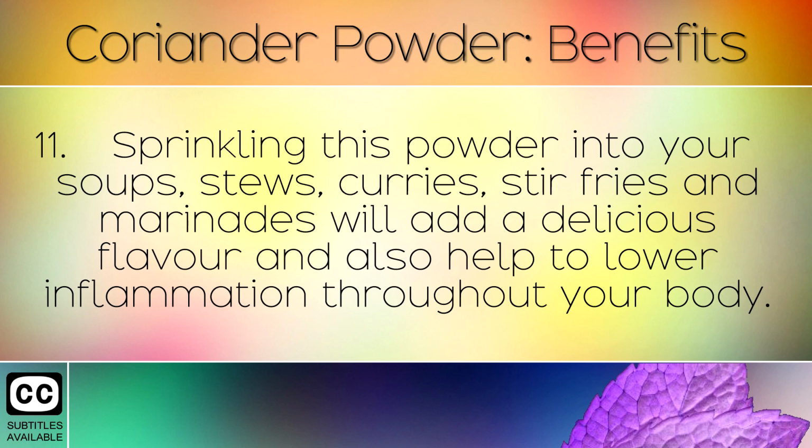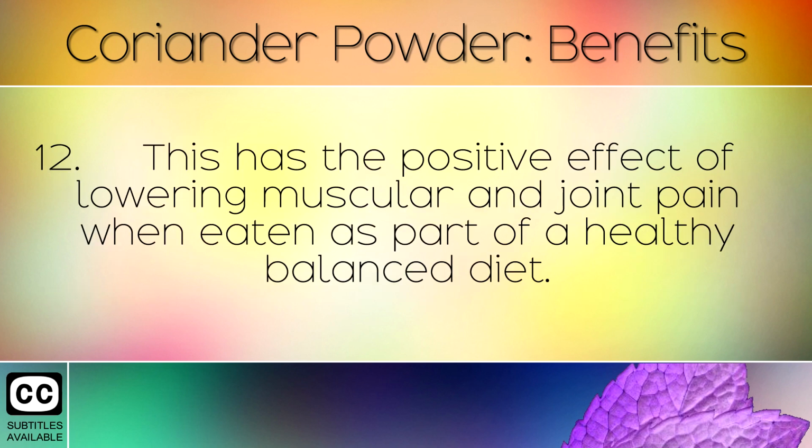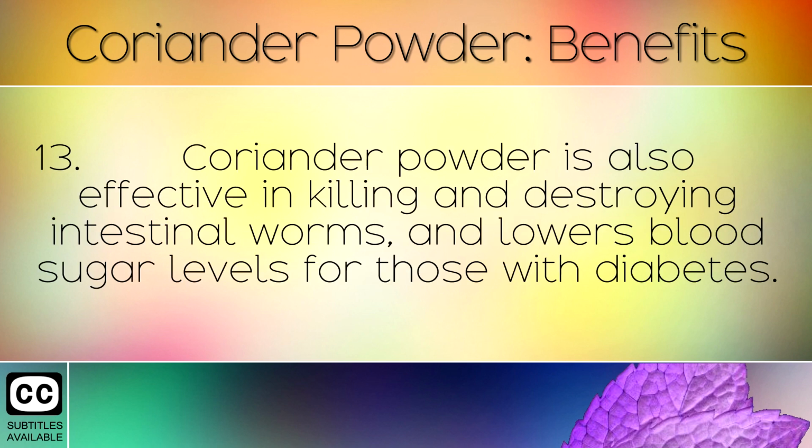11. Sprinkling this powder onto your soups, stews, curries, stir-fries and marinades will add a delicious flavour and also help to lower inflammation throughout your body. 12. This has the positive effect of lowering muscular and joint pain when eaten as part of a healthy, balanced diet. 13. Coriander powder is also effective in killing and destroying intestinal worms and lowers blood sugar levels for those